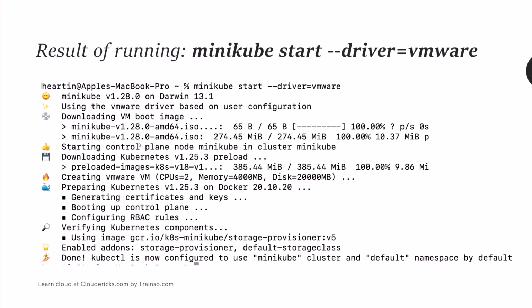So Minikube version on Darwin 13.1 using the VMware driver based on user configuration. Downloading VM boot image, starting control plane node Minikube in cluster Minikube. Downloading Kubernetes version 1.25.3. Creating VMware VM, preparing Kubernetes, generating certificates and keys, booting up control plane, configuring RBAC rules, verifying Kubernetes components,